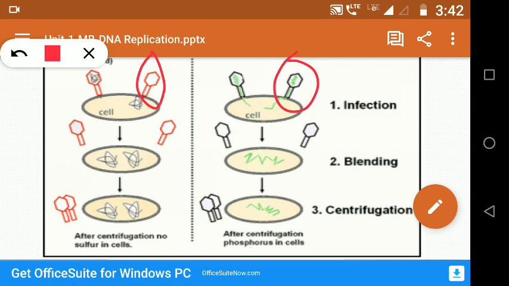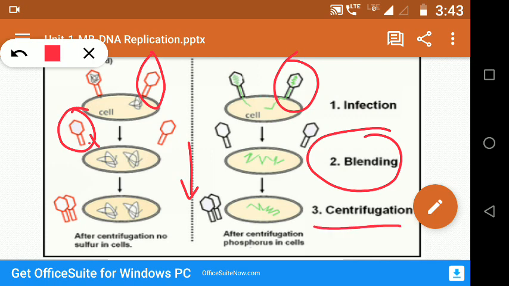So after injecting the host cell, they took these two different samples separately and blended them. Blending means vigorous shaking. Because of that, the attached protein coat upon the cell will be released. So the protein coat, which is outside the cell and still attached to the cell membrane, gets liberated or dissociated from the cell membrane. So after blending, they took